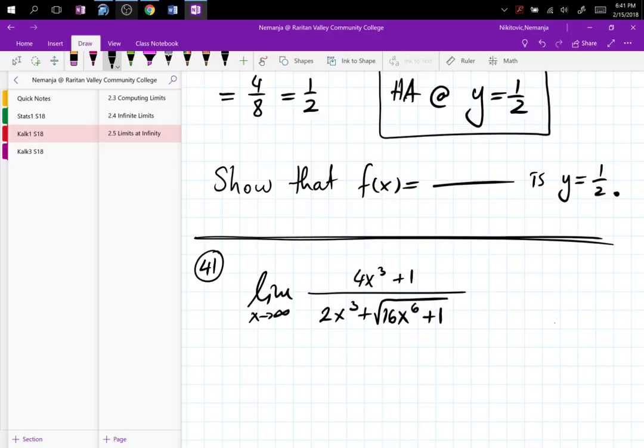So the highest exponent is x cubed, because if I divide the entire thing by x cubed, when it goes under the square root, it will pick up double the exponent, so it's going to become x to the 6th. All right, so